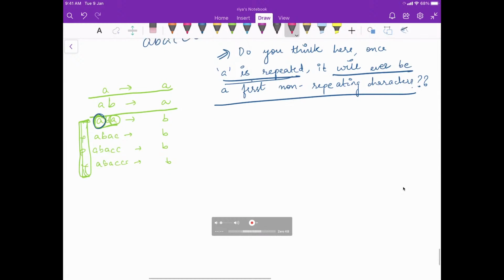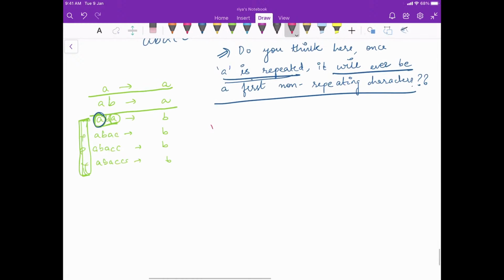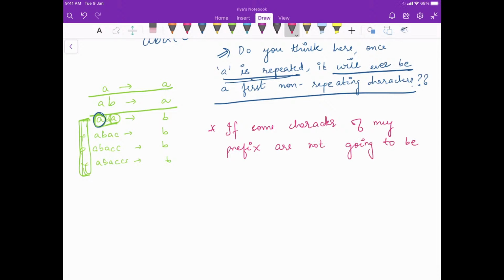So can we not just do this: if some characters of my prefix, meaning the start of the string, are not going to be my answer, can we remove them?